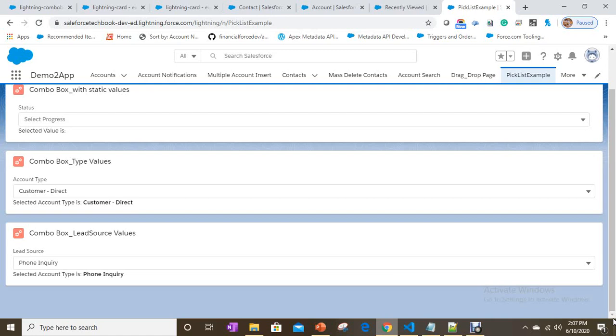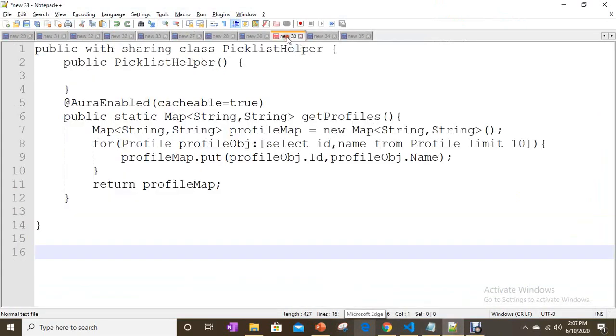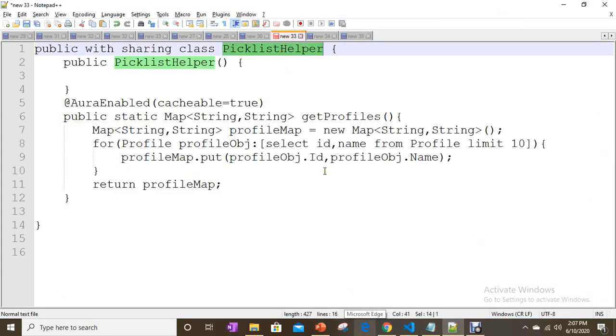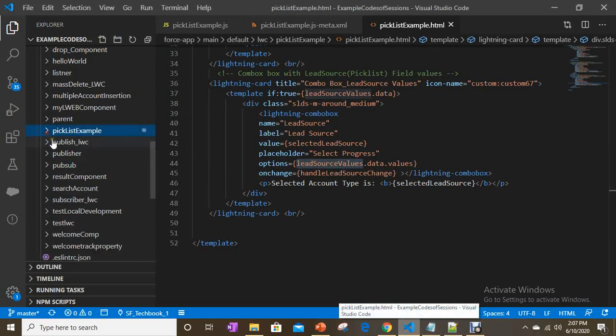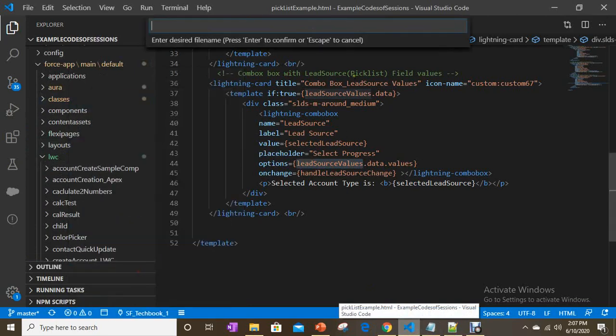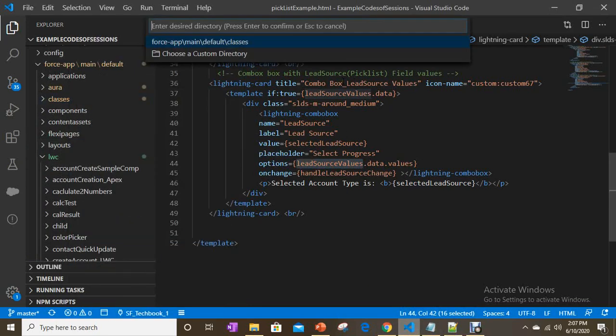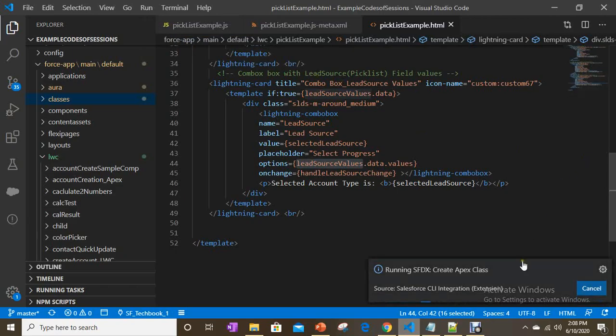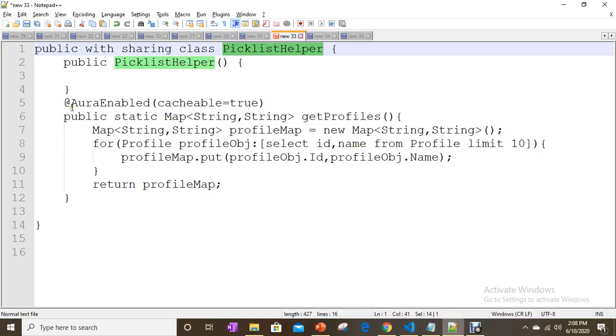But we know the format, how we can do it, right? Label, value. Let's do that. For that, I'm going to create a class, PicklistHelper. It's a normal Apex class, not a special class.